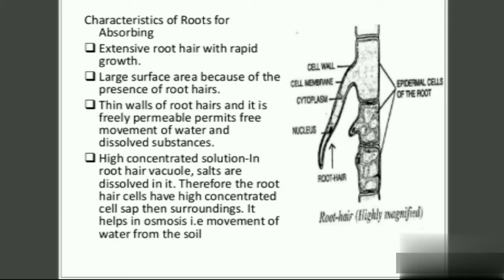What is osmosis? It is the movement of water from a region of higher concentration of water to a region of lower concentration of water. But here in the root it is the salt that is in high concentration. They are not talking about water. Obviously outside the root hair the water concentration is high. So because of that the movement will happen from higher to lower. So from the soil the water will go to the root hair and then to the xylem.